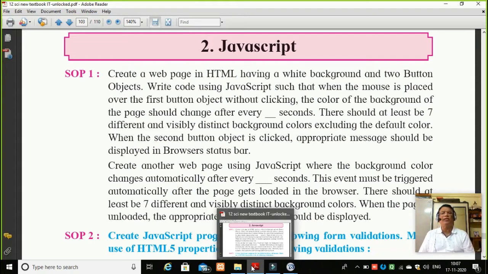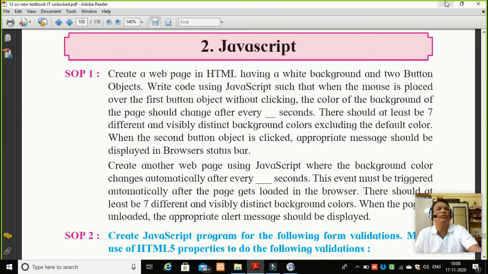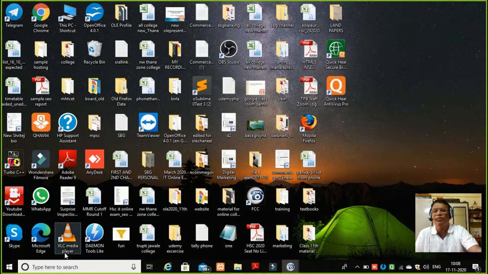So students, let us prepare for the practical 1A, which is an event driven program with two buttons. Now let us write the code one by one. So I will start writing the code.